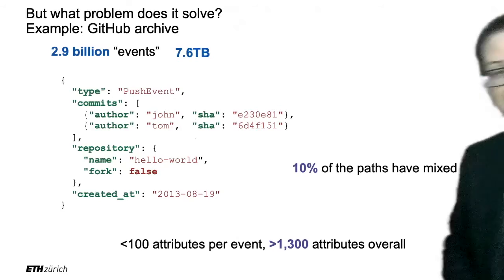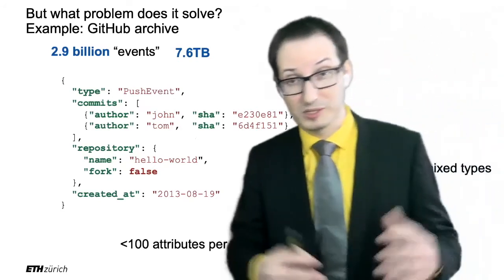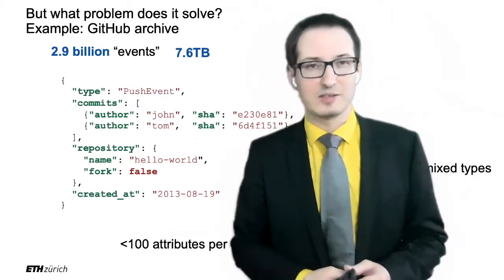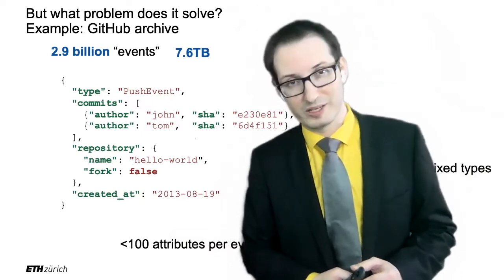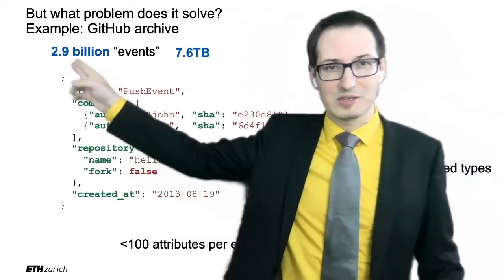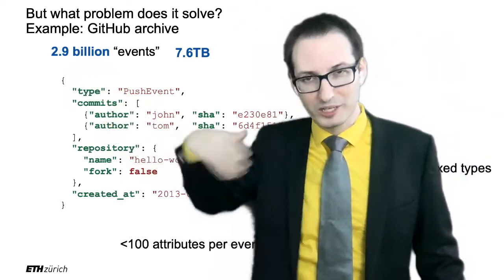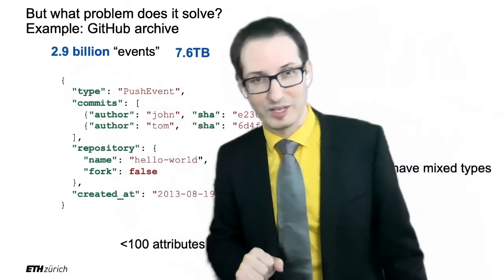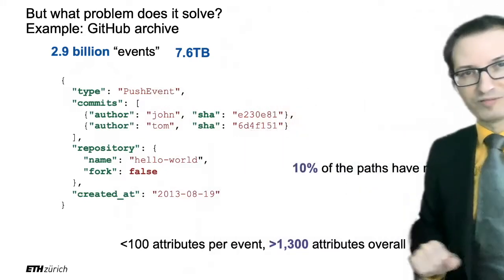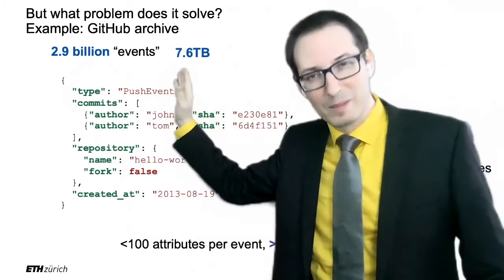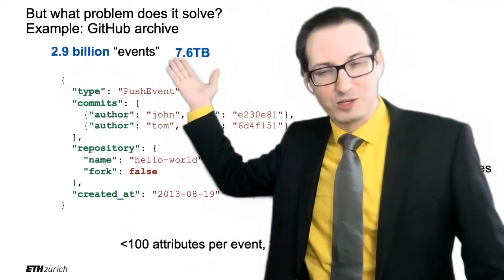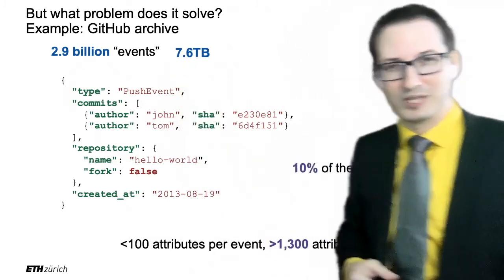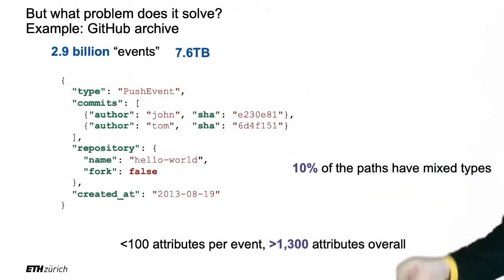So an example of a data set that we love to use in our course because it is heterogeneous, it is nested and so on, is the GitHub Archive data set. So we have a data set with 2.9 billion events. Each event is a JSON object. It's 7.6 terabytes of data in there. So you see that's a lot of data. It barely fits on your laptop. Actually, it doesn't fit on some laptops because, especially if you have an SSD, the size is much smaller than